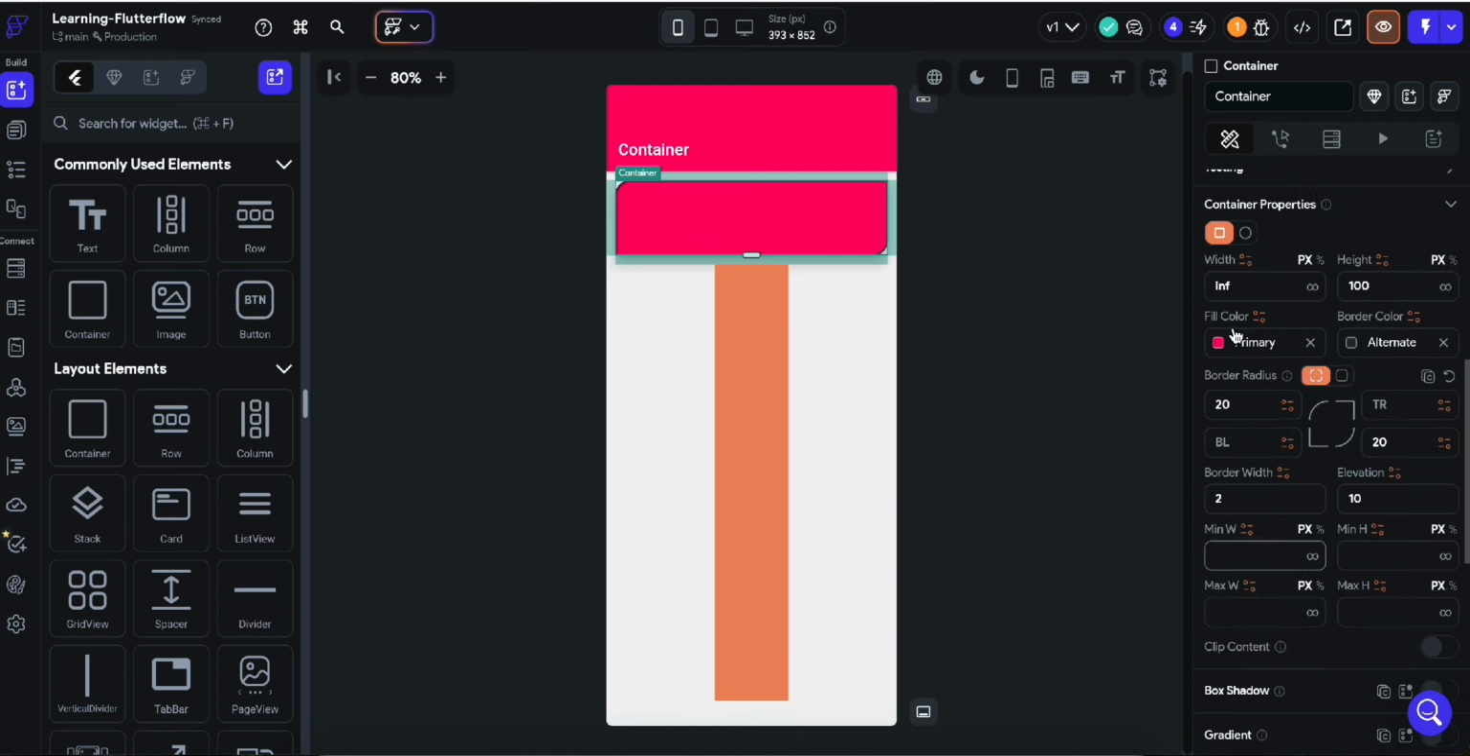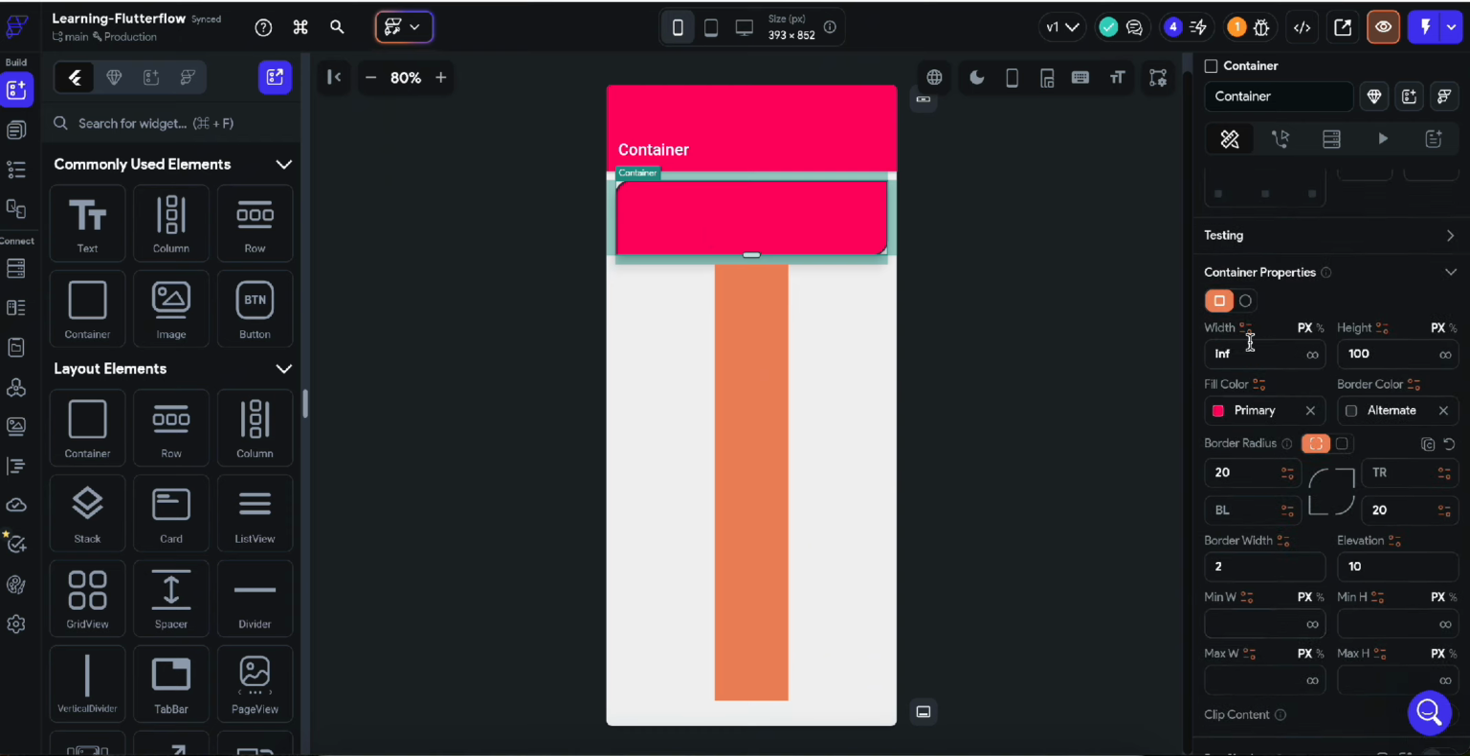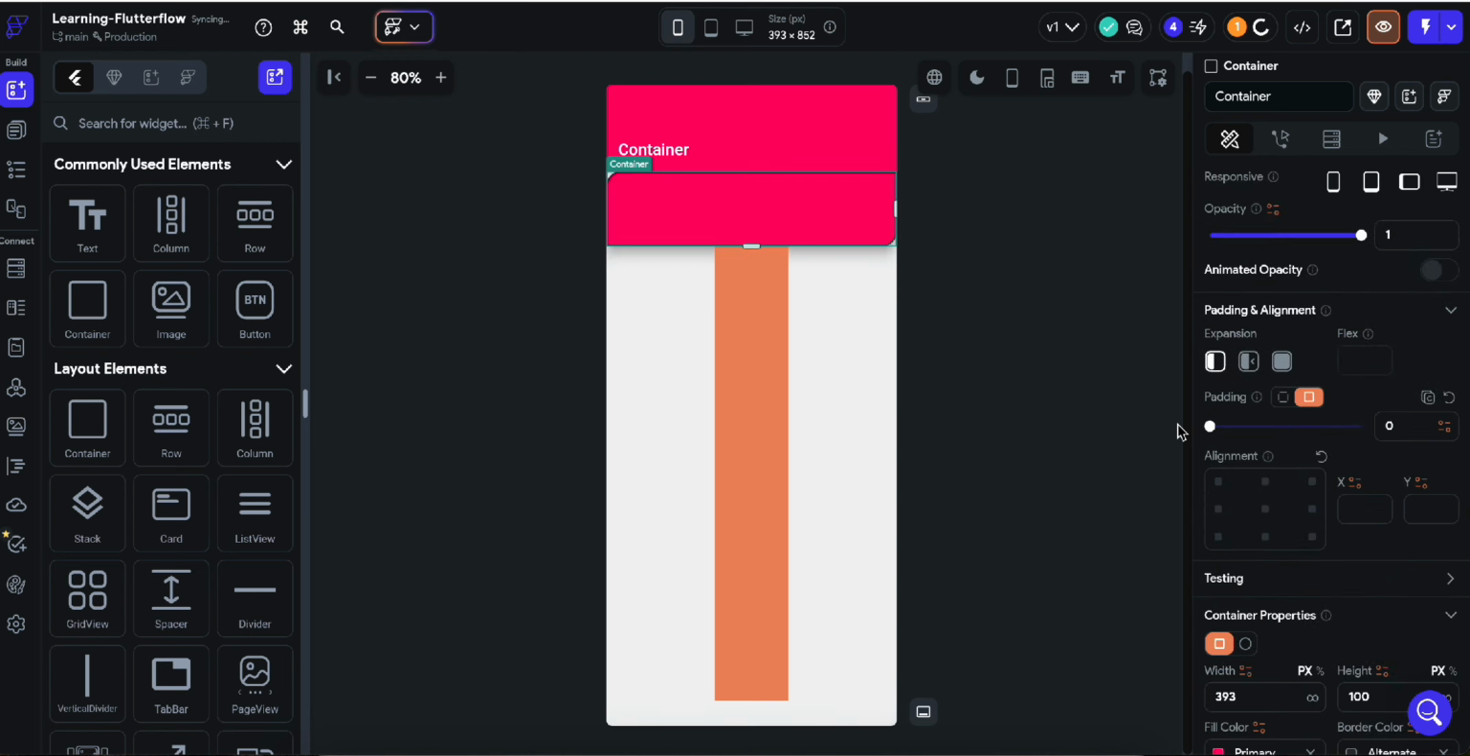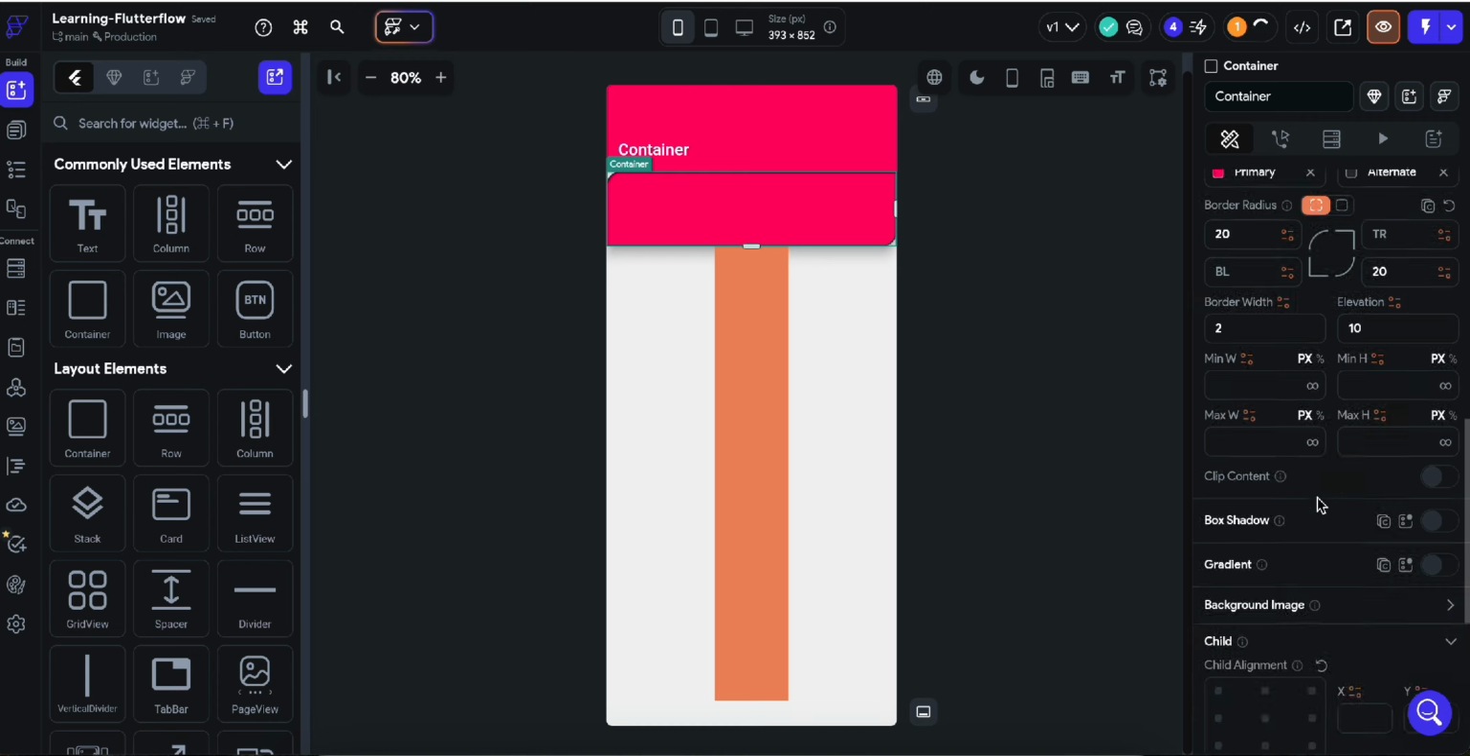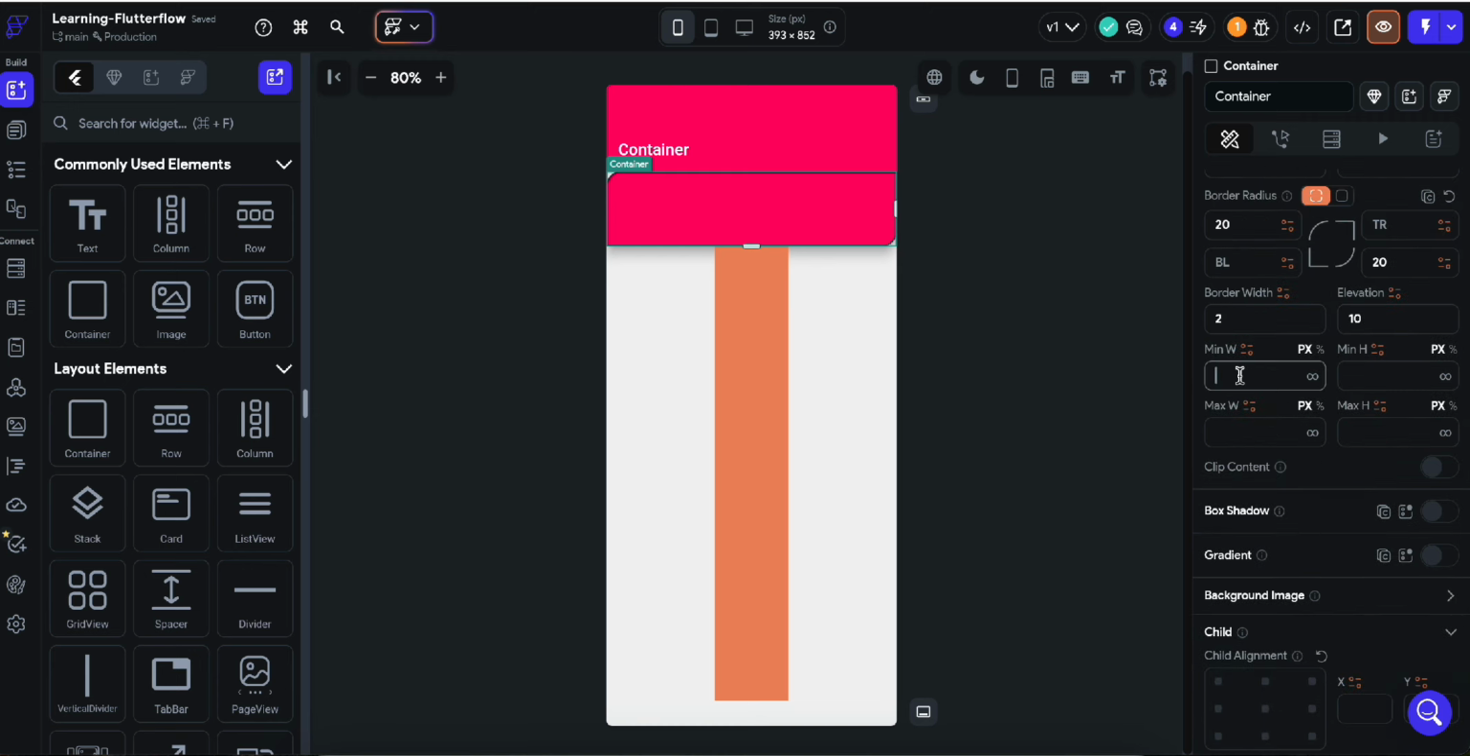Let's suppose the total width of this container is... let's see, the mobile screen has the size 393 width. So it will take 393 of space. And I'm going to remove this padding, so it will be taking 393 pixels. And I'm saying that in the minimum width,